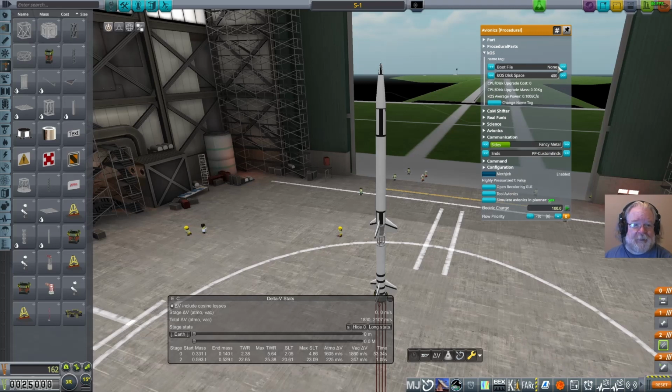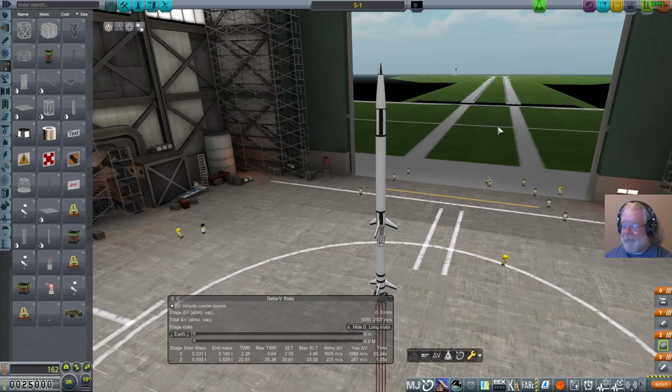Open up kOS, and I'm going to say, when I switch to the vessel, kOS boots its internal processor, and it's going to start running this script called boot.ks, which is part of Fark OS. Boot.ks does some things for us, which it's going to do for every vessel, and it loads up a standard little library which gives us some support code that I want on every vessel. Then it turns control over to our avionics code,